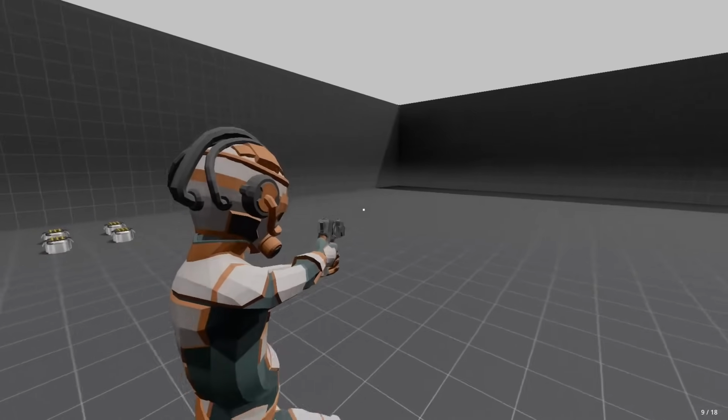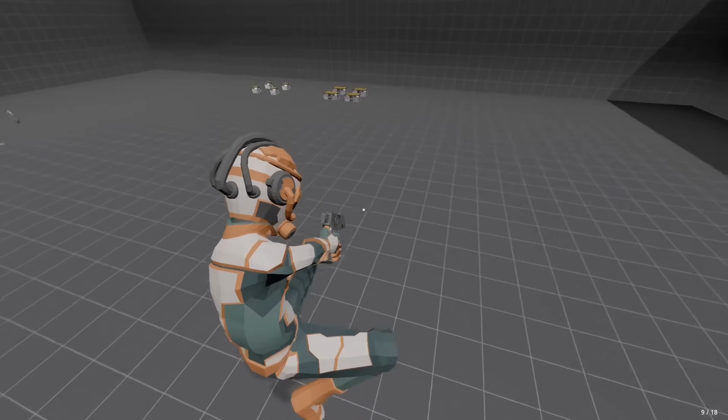Today, we are going to be fixing our jump animation to make it a lot smoother when landing from a